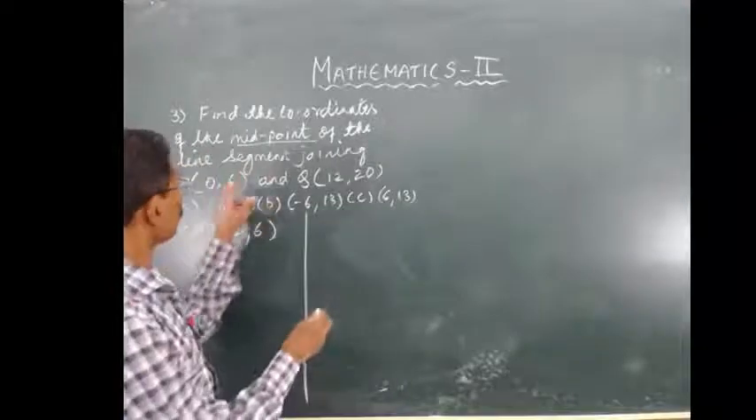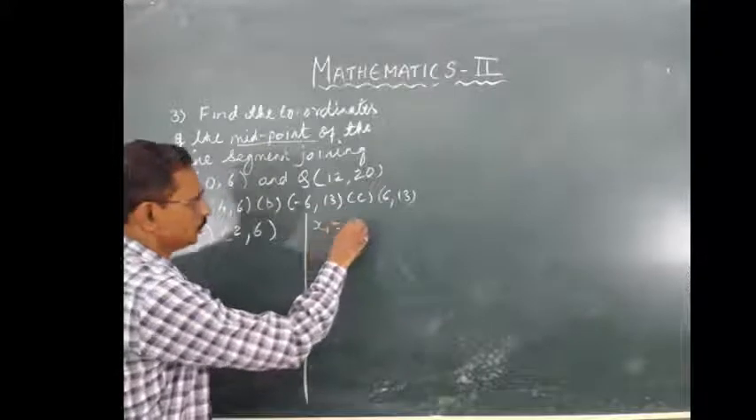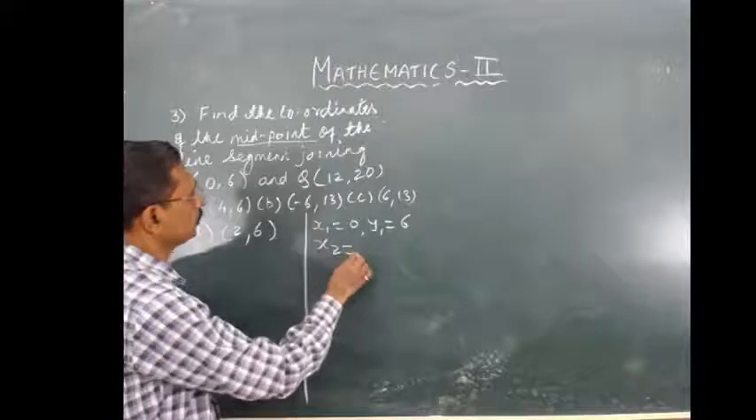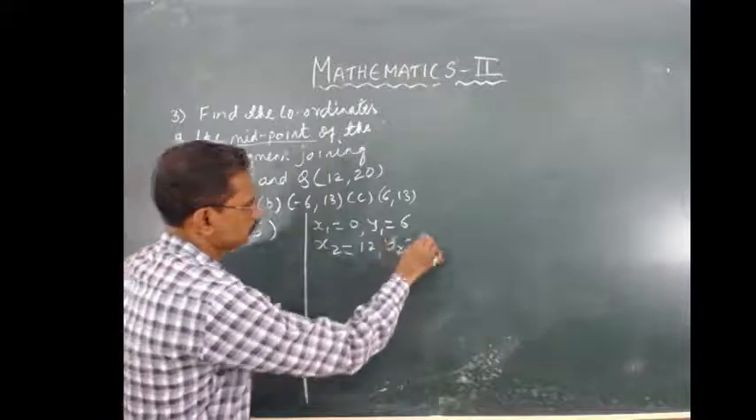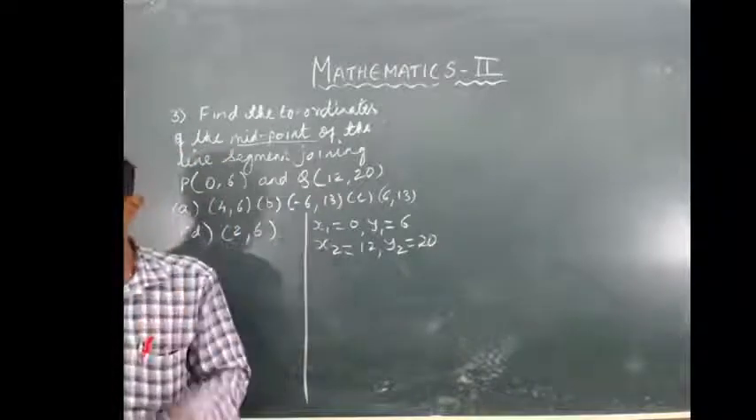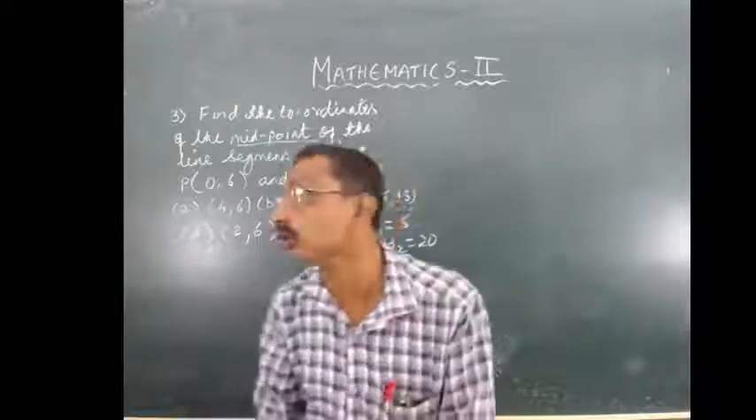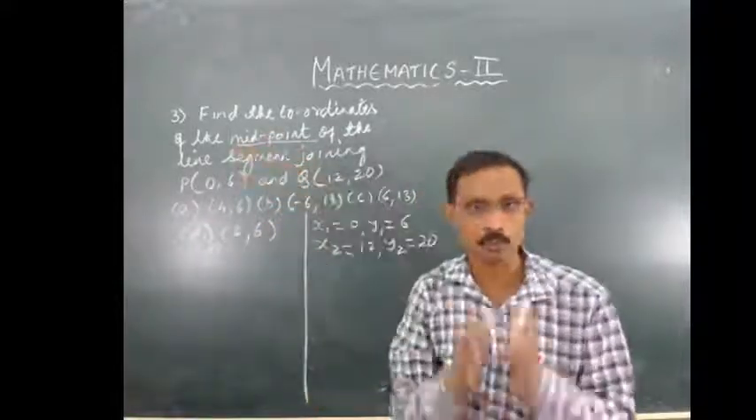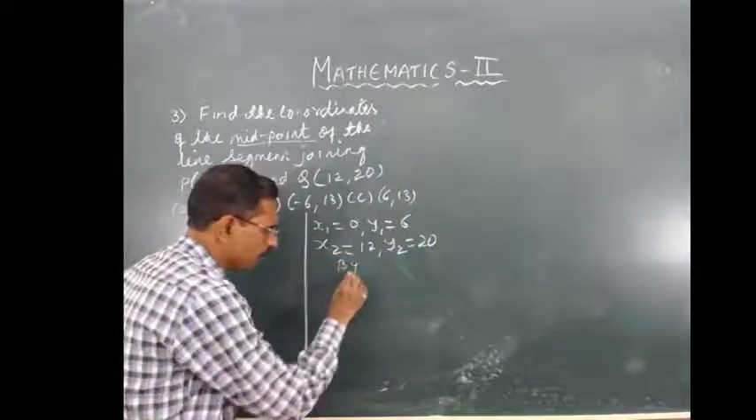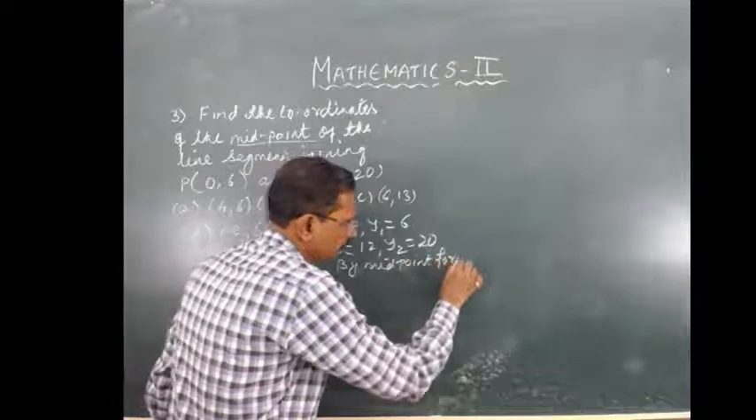So let's start with how we are going to find it. What are the 2 points we have? We have these 2 points. What is x1 over here? 0. What is y1 over here? 6. What is x2 over here? 12. What is y2 over here? 20. So we got x1, y1, x2, y2. Now what we are going to use, as I marked for you, is the midpoint. So we are going to use the midpoint formula. By the midpoint formula, you can say,